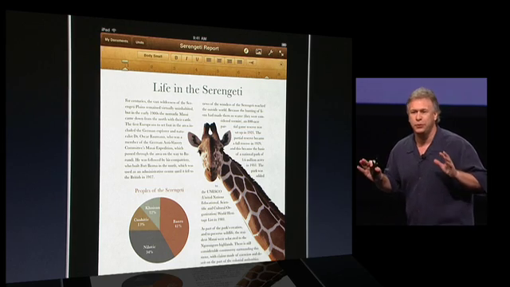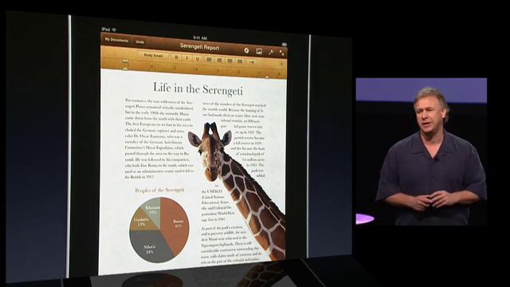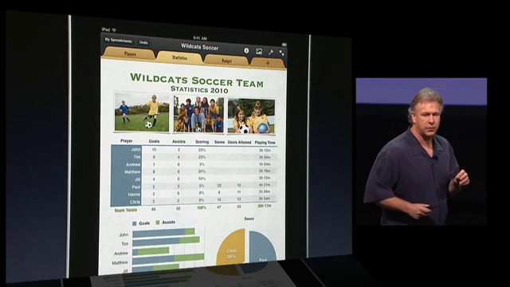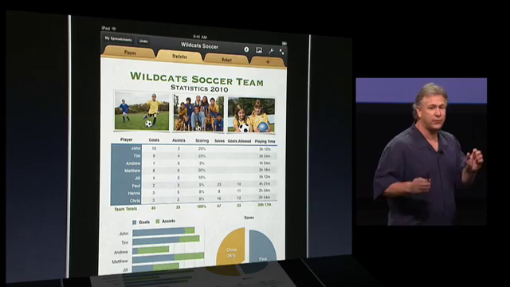It is the most beautiful word processor you will ever see. And there's a complete new version of Numbers, a spreadsheet that is fun and cool to use. When's the last time someone's told you that? And really, the only way to appreciate how amazing the software is for me to show you. So I'm really honored to be the first to show you